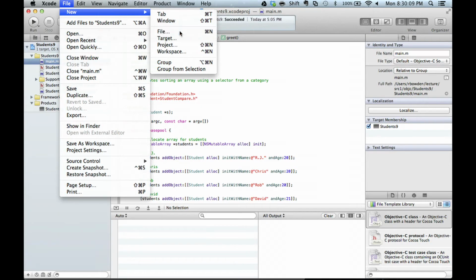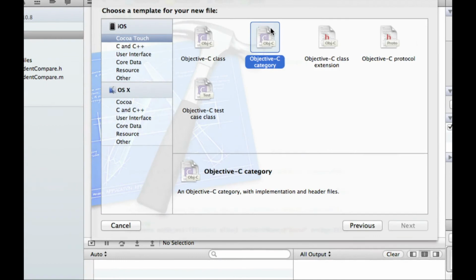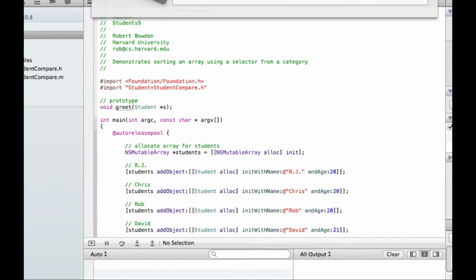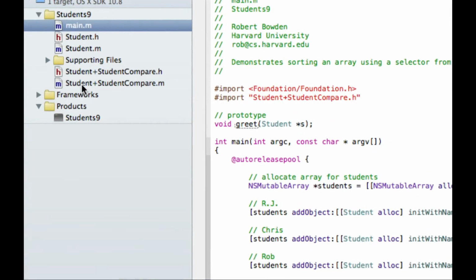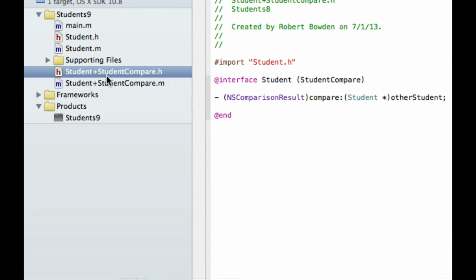So these are what categories are for. They're for extending existing classes. In Xcode, you can actually do this with File, New, File, and then Category, and it'll walk through the steps. And the default format of these categories, remember I'm working under the assumption that I don't have access to the student class, so the default